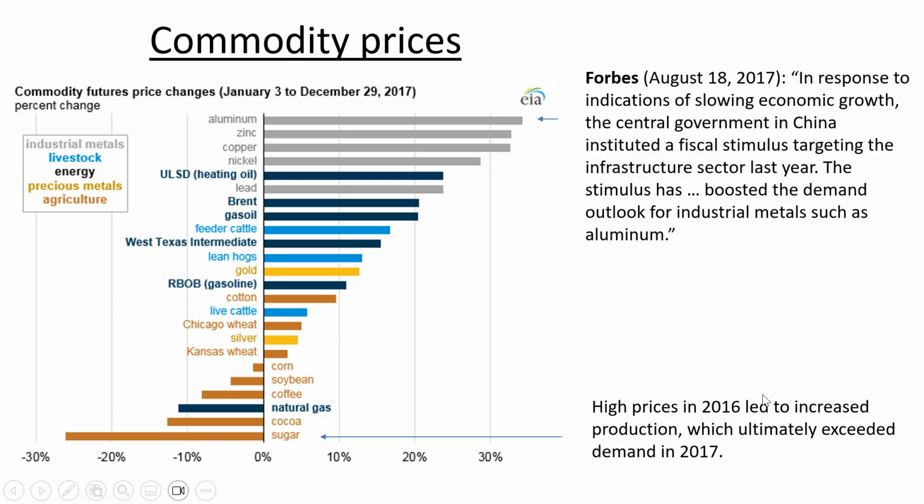Another ironic thing is that in 2016 there were really high prices for sugar, so a lot of farmers planted sugar for the next crop, and then there was an excess of supply which brought the prices down again. And that's actually what we hope capitalism will do. We hope that high prices will incentivize people to do a thing to bring the prices back down again, so there's a match between supply and demand. So, I mean, it's good for the economy as a whole, but then think about the sugar producers who were expecting the 2016 prices, but then everybody had that same expectation, overplanted, and then sugar prices went back down by